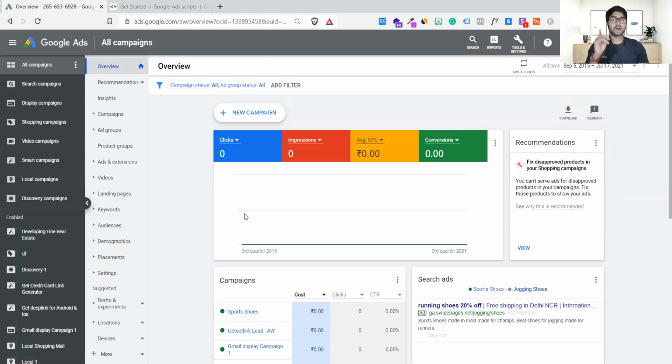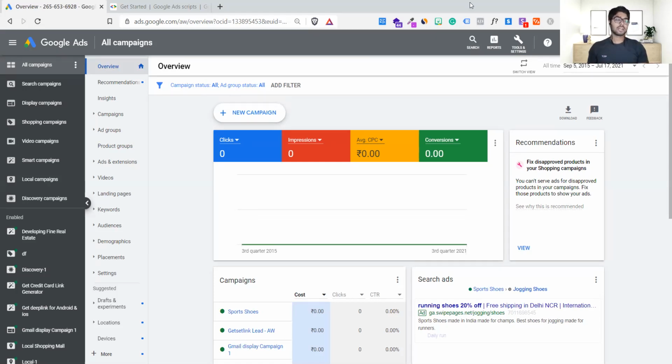Like when to use manual cost per click, when to use maximize, when to use cost per lead, when to use dynamic ad groups. These should be the questions, and if you know those answers, you are done. This is the basics which brings sales in the business. We don't need any advanced stuff.